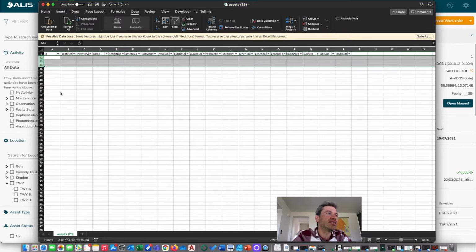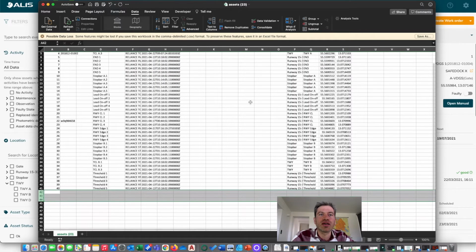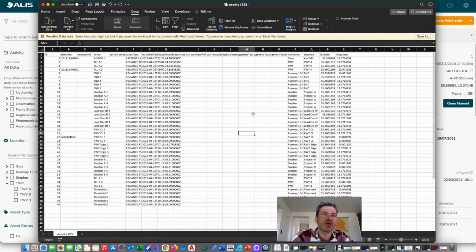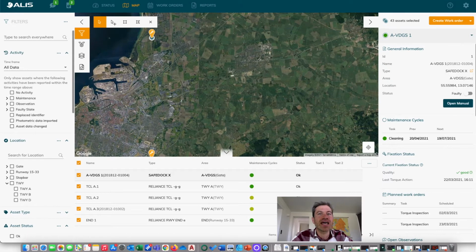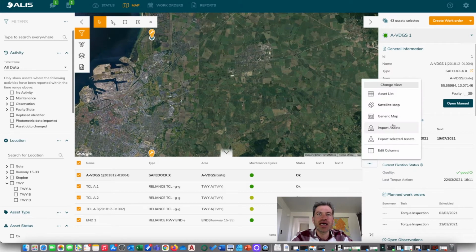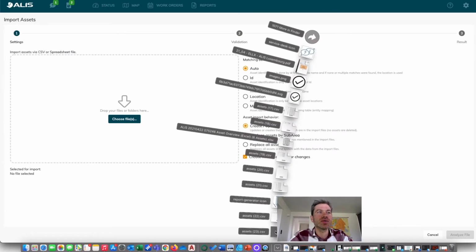I will say delete row. So now when I look at all of my assets again, they are gone. There's no more taxiway delta. I will save this sheet so we did not touch any of the other assets, and we can now import that sheet again. So here we'll select that sheet,